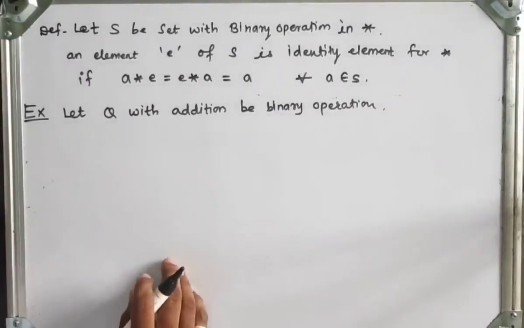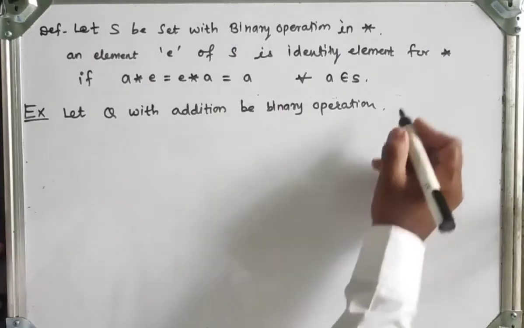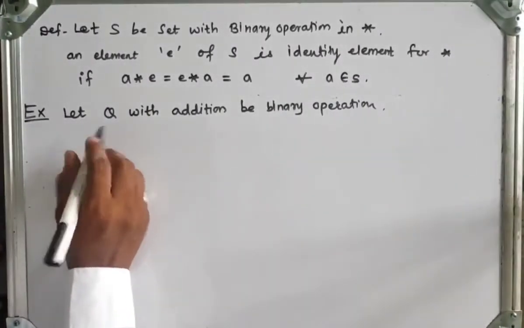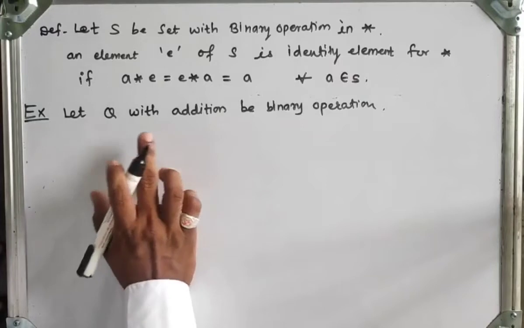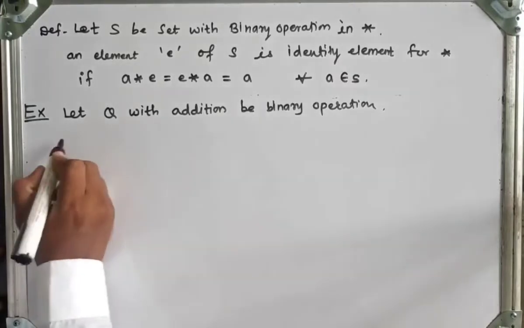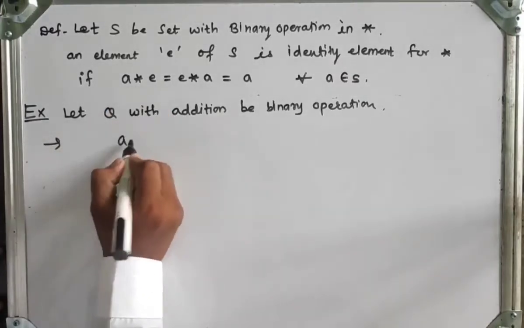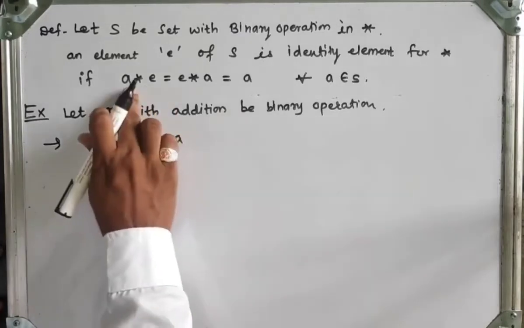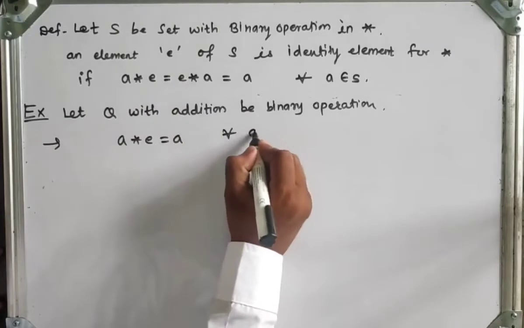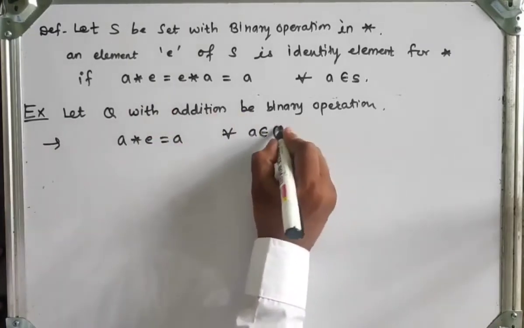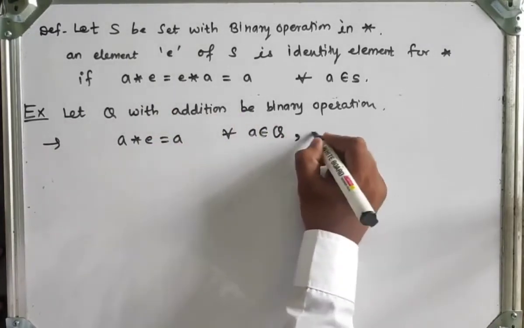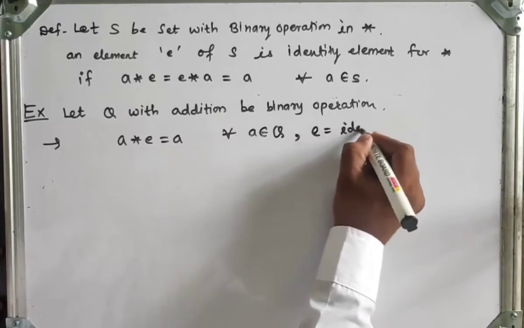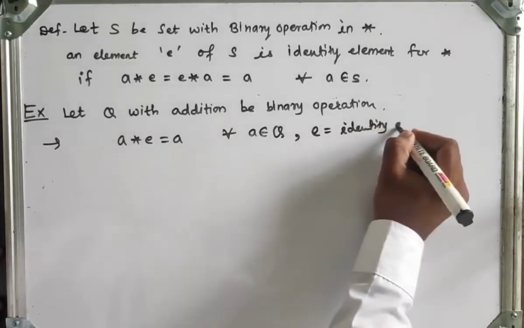Then what is the identity element? Then we have to find the identity element in the set of rational numbers. So what is the property? A star E is equal to A for all A belongs to the set of rational numbers, and E be the identity element